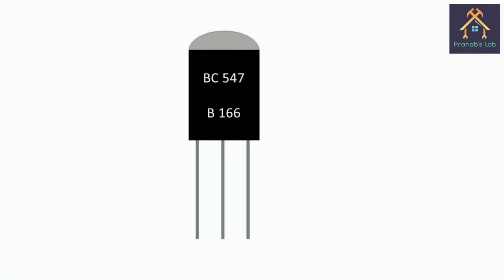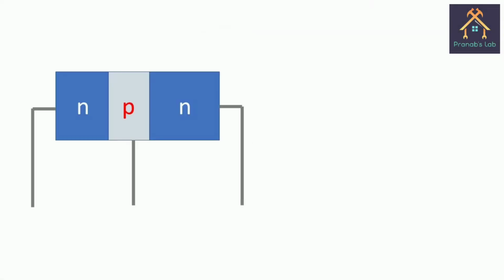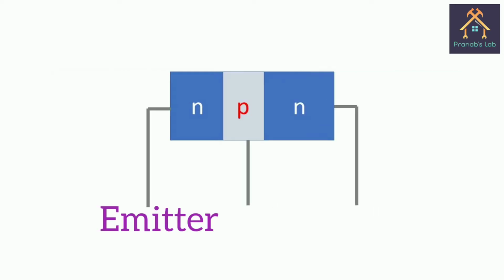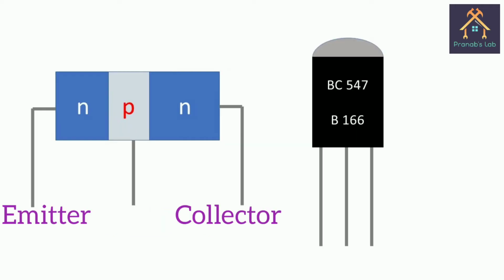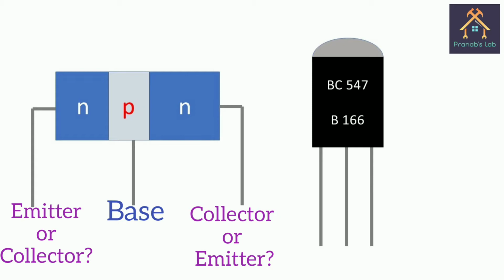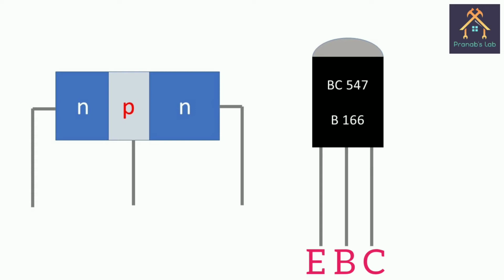A transistor has three sections of doped semiconductor. Basically, there are two types of transistor, NPN and PNP. The section at one side is called emitter and the section on the opposite side is called collector and the middle section is called base. From this, we can understand that middle terminal is base, but there is a confusion between emitter and collector. For this reason, we have to test and find out the three different terminals.